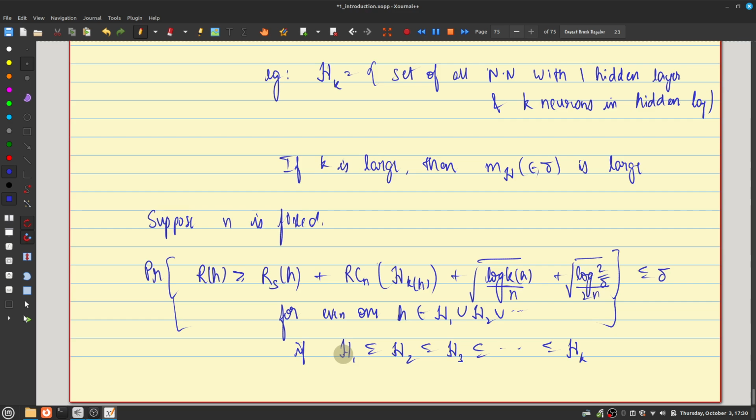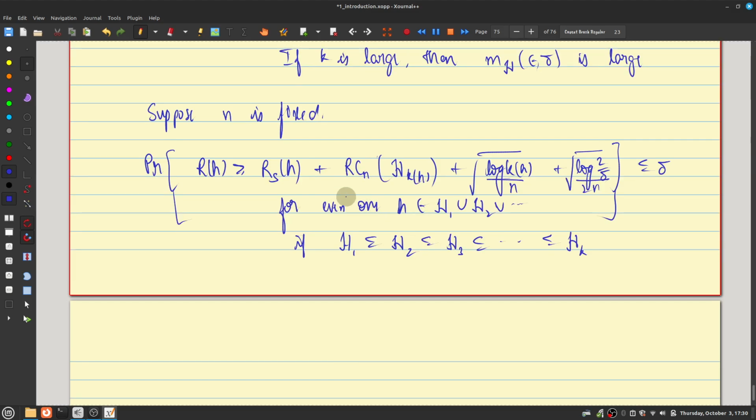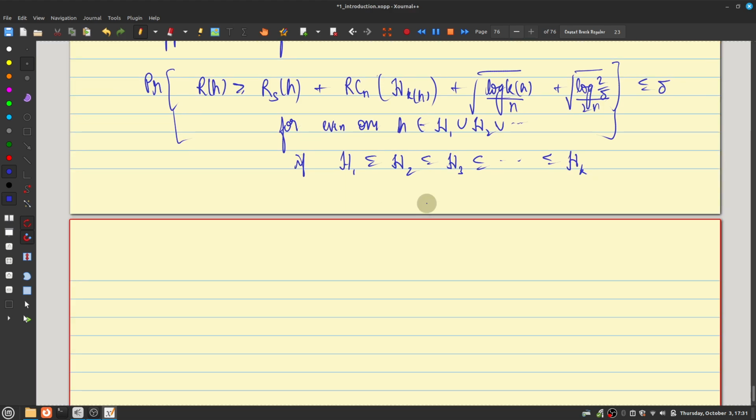So since this is true, what you can do is, this is your epsilon, right? This whole quantity is your epsilon, and you want to make sure that this is as small as possible. So one strategy is, instead of minimizing the empirical risk, you try to minimize this whole quantity over here,